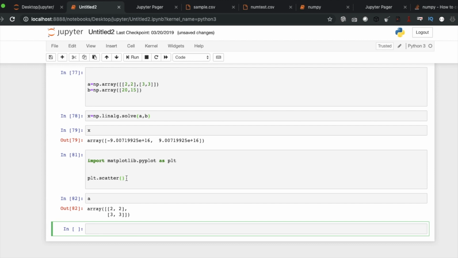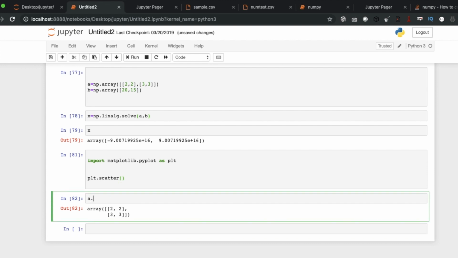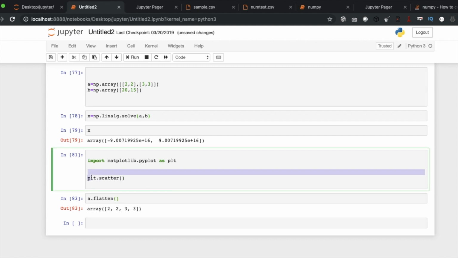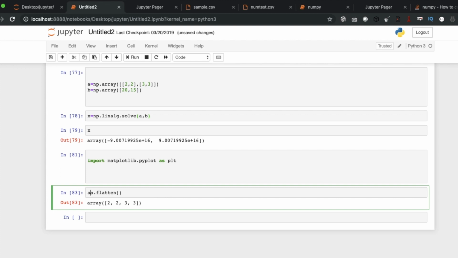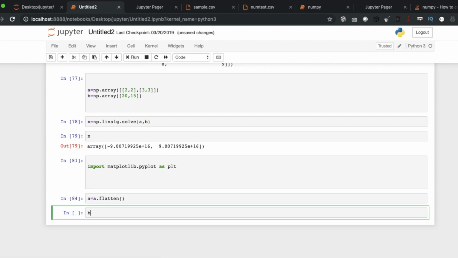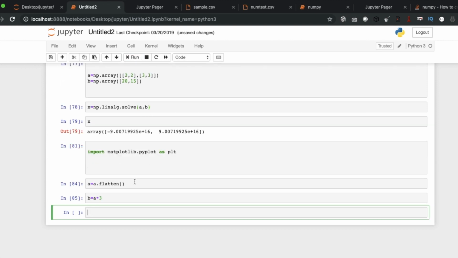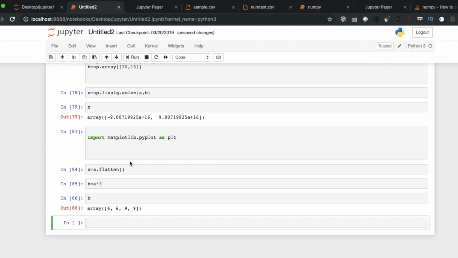I forgot actually. a equals a.flatten, b equals a into 3. Let's check what is the value of b. So 6. So let's plot plt.scatter(a, b).